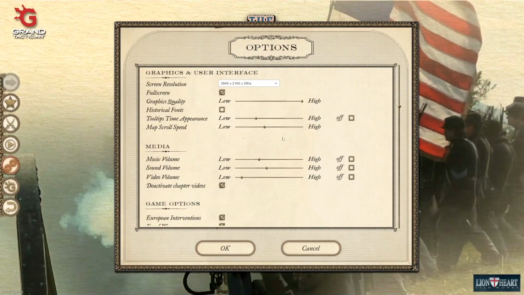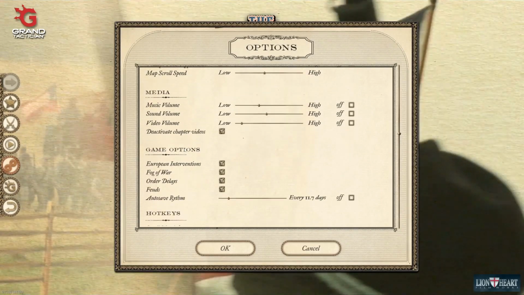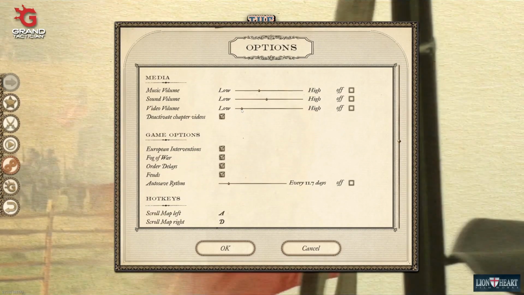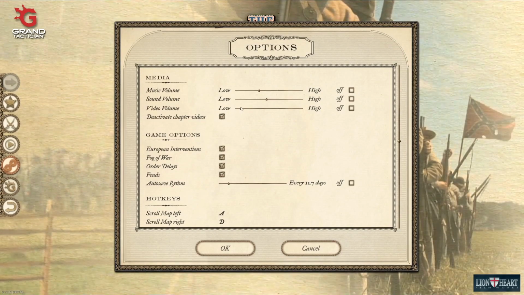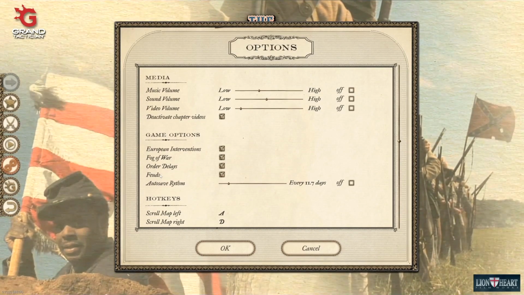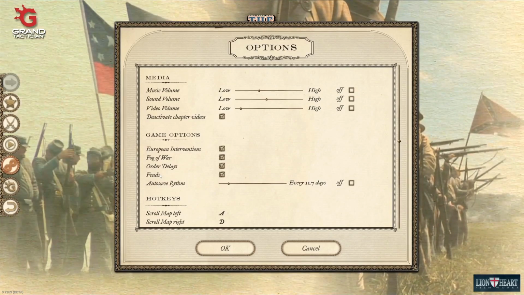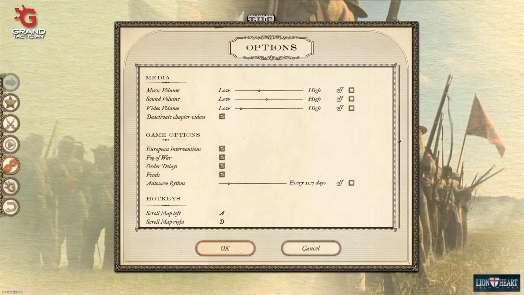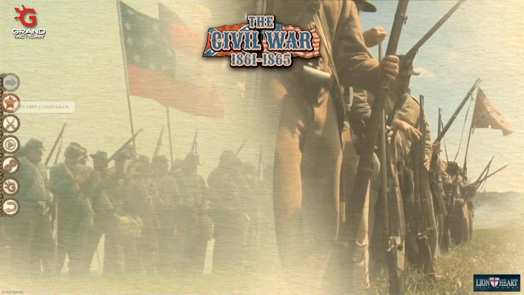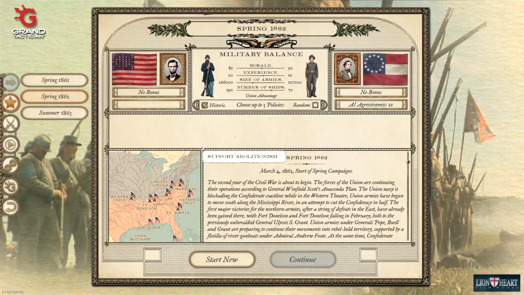So I kind of changed some of the settings, go through this really fast. I do like the music, don't want it to overwhelm me. We do have feuds on, order delays, fog of war, and European interventions is allowed. So we do have that. And we're going to do a spring 1862 campaign